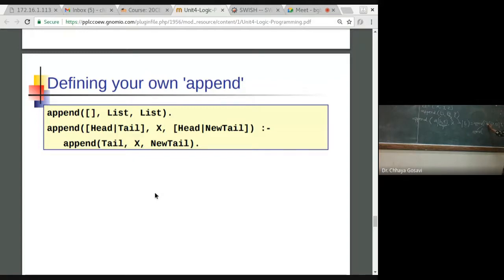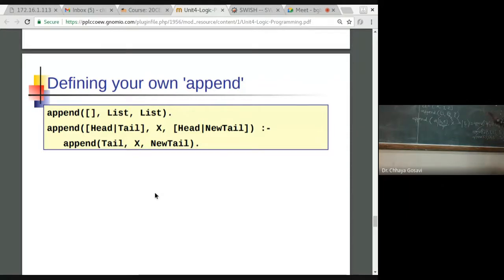It will call append again. Head, it will pass the call with the tail. The tail is C. X, Y, Z is as it is, as a list. And this P1, that is the new tail, will be new again, we call it P1. So it will call append again. Now C is the only one element in the list. So if you take the head out, it will be a blank list. Blank list, then this is X, Y, Z, and T1.